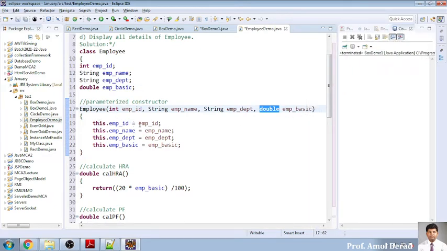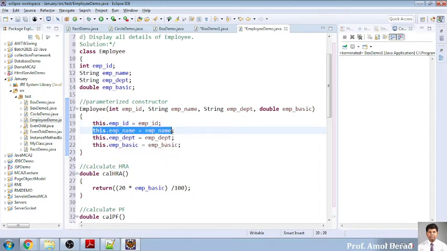Then we have assigned this: whatever is coming in, we want to store in the local variable, so we will be storing into this one. What the this keyword is, I will explain tomorrow, that is Monday's session, about why the this keyword is used, but for now we will use this. Even if you don't use it, your program will run, but it is always good to use the this keyword.